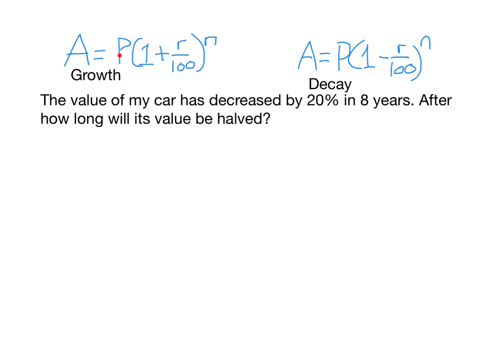P is the initial quantity, R is the rate as a percentage, and N is the number of increases or decreases. So you need to be able to take either of these formula and solve for A, P, R, or N. Now solving for A is really easy, you just substitute P, R, and N. Solving for P, the initial amount, is easy, you just take A and you divide by this number here. We're going to look now at solving for R and N, and it turns out I have to do both